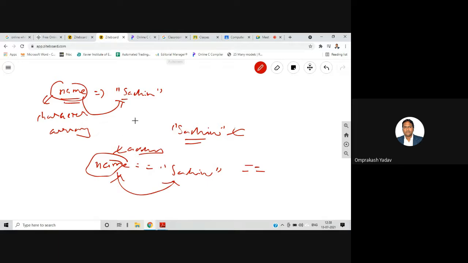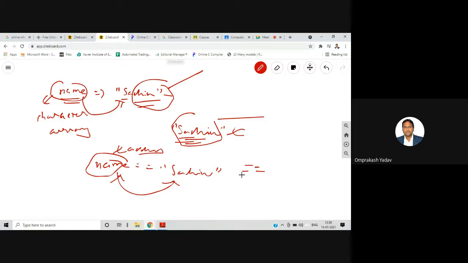This name is pointing somewhere else, and this string is somewhere else in the memory. And remember, in C language, even though both the strings are same, they will not be treated as common. Every string will be stored separately in the memory. Their addresses will not be the same, their references will not be the same, and hence when the equal to operator tries to check the references, both the references will not be equal.